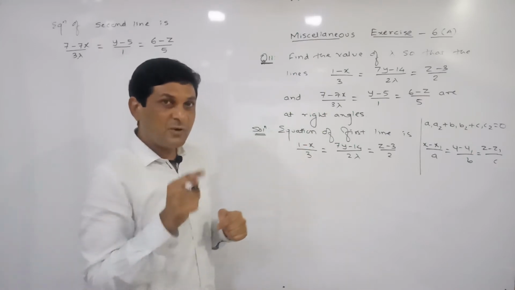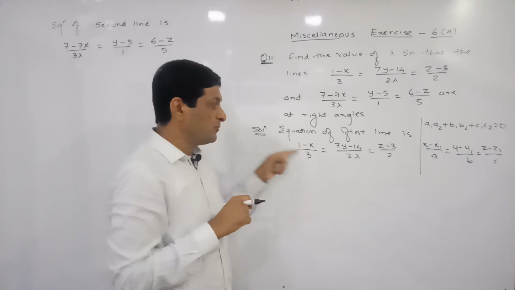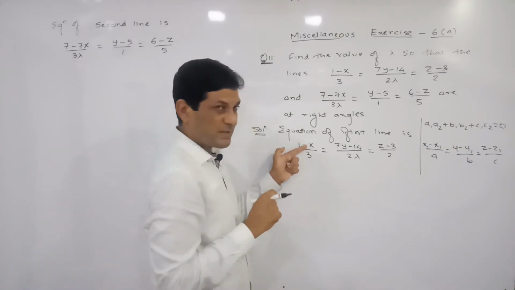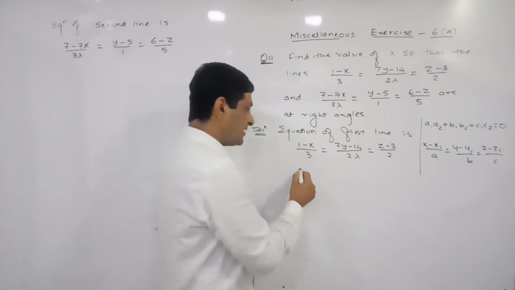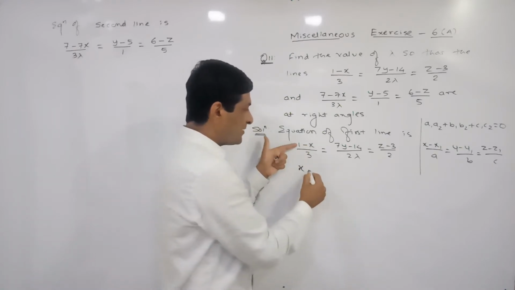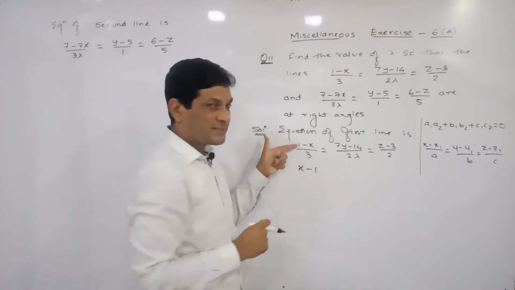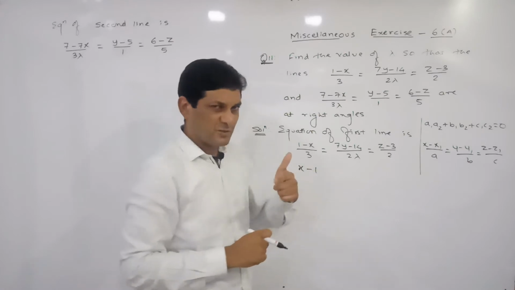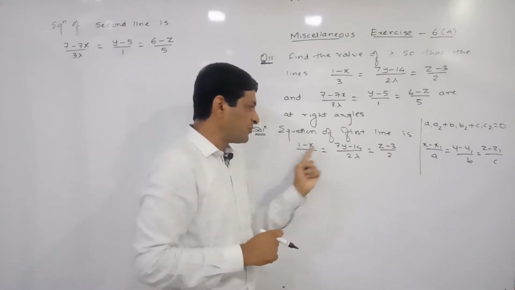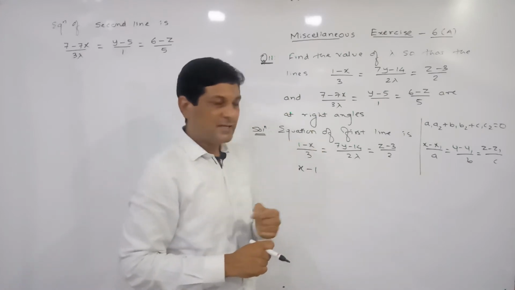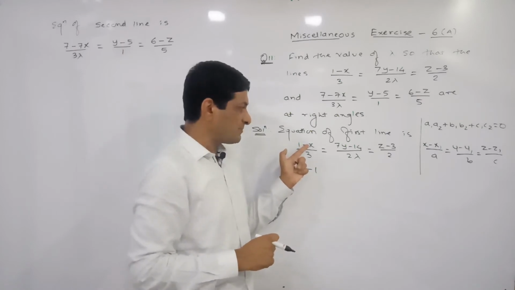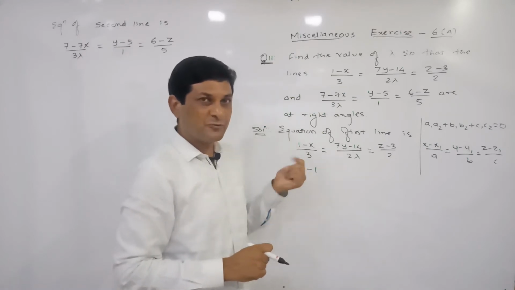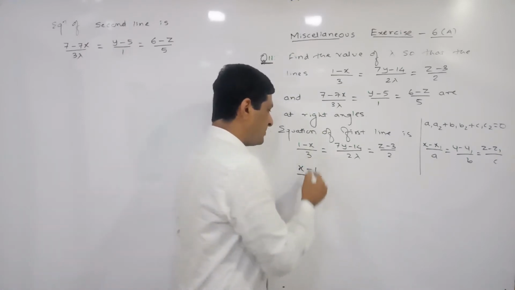Minus 1. To convert it into plus 1, I am dividing the numerator and denominator by minus 1. So let us divide x by minus 1. Minus x upon minus 1 will be plus x. Then 1 upon minus 1 is minus 1. Since if we are dividing the numerator by minus 1, we will get this result, or in other words we are multiplying the numerator and denominator by minus. If we are multiplying by minus, this minus x will become plus x and plus 1 will become minus 1, and since we are multiplying the numerator, that's why we are multiplying the denominator also by minus.